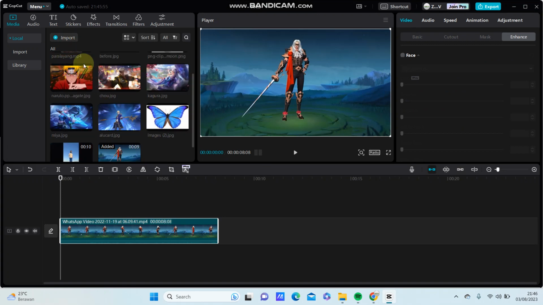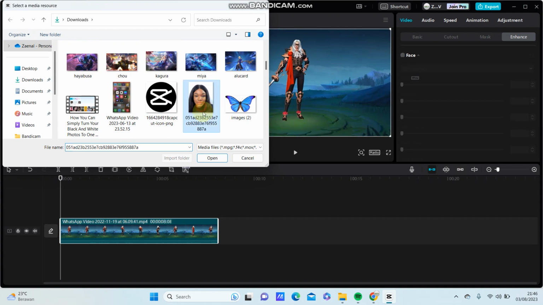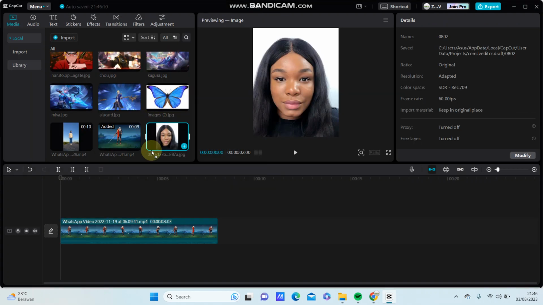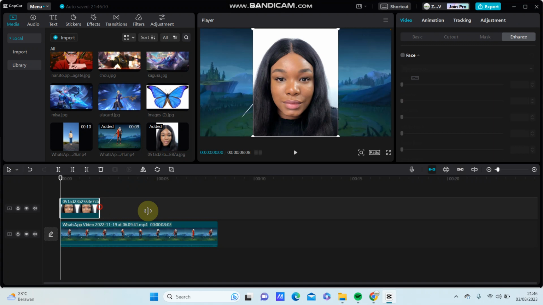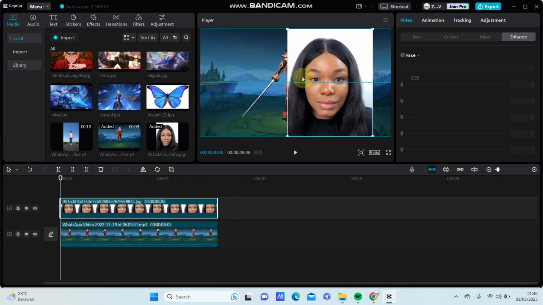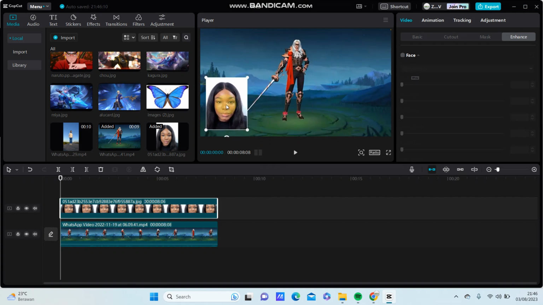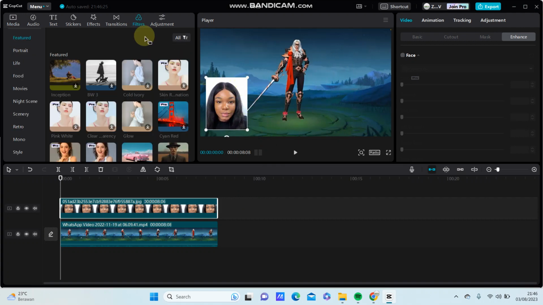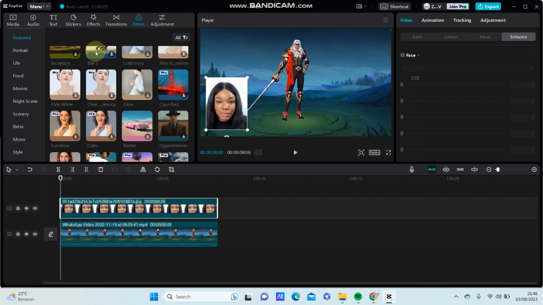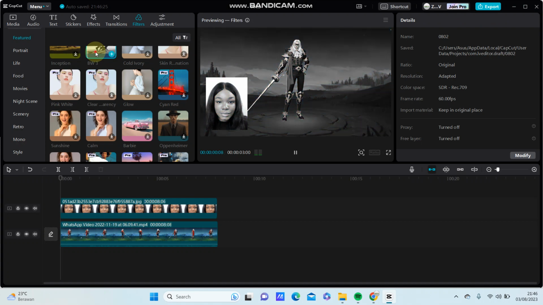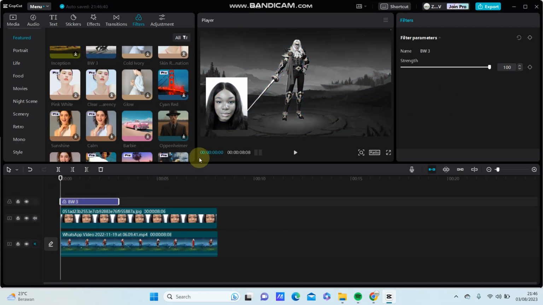So select the video or photo that you want to add as an overlay, put on top. So this is the picture overlay. I'm going to resize it and change the position. So to add the filter just for the overlay only, you can select Filters. For example, filter PNW. But you can see if we add it to the track, the filter is applying to